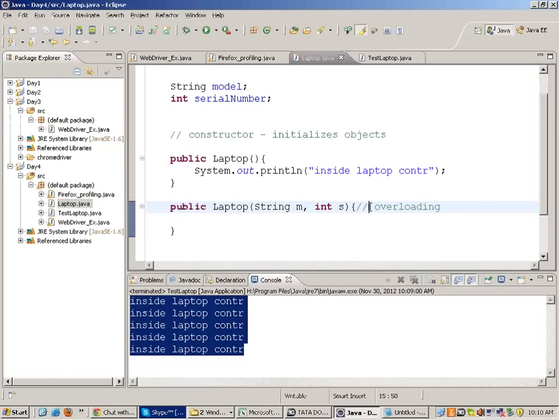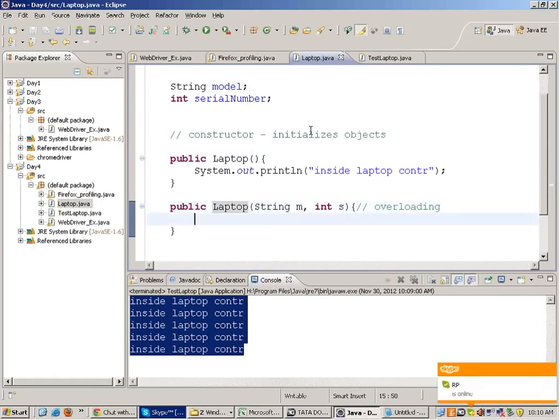Yeah, this concept is known as overloading. That is, the name remains the same, but the number of parameters which you pass differ. The names remain the same, but the number of parameters which you pass into the constructor differ. And overloading is a very important thing. If you write System.out.println inside overloaded